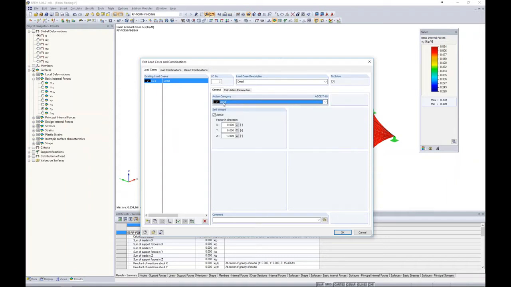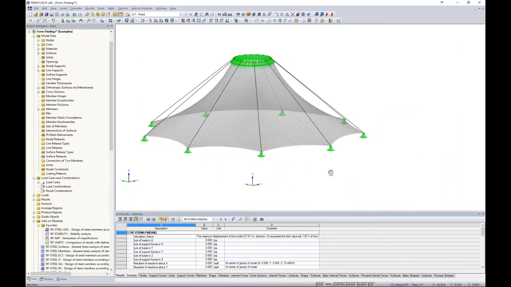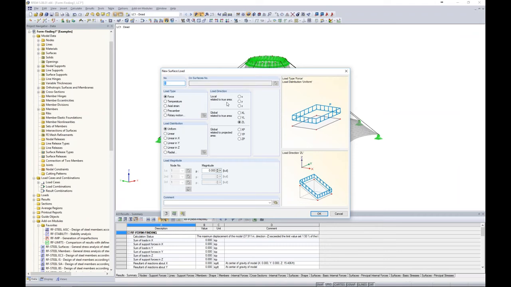So we will keep the dead load for the action category. Self-weight is checked automatically for dead load, so this will account for our self-weight within this particular load case. For all other load cases, we'll leave this as unchecked so we don't account for it twice. We click OK, and now you can see that no loads have been applied to our structure yet, but using the new surface load, we can specify a load direction in the global Z, and I'd like to apply a